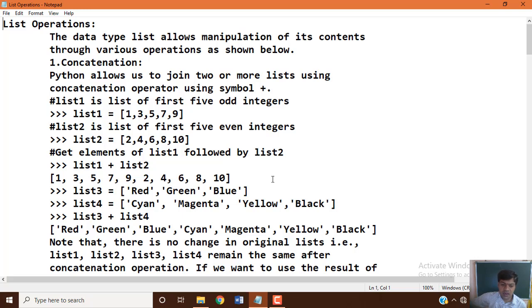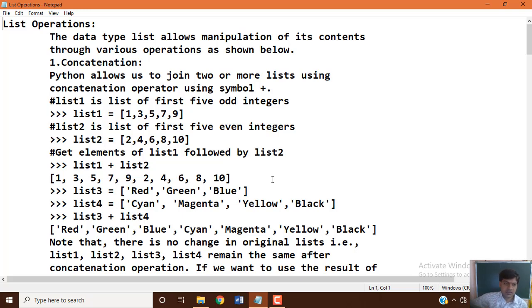There is another type of index, the negative index, which always starts with -1 and keeps on decrementing by 1, and this negative index goes from right to left. These are the different kinds of operations we can do on list in Python programming.